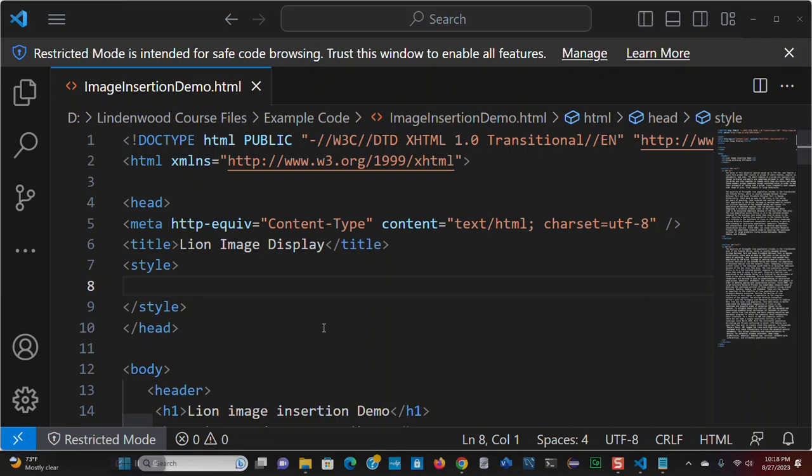I would like to do a brief video about styling of images and text in the same paragraph. When we look at images in relation to the text that they are in a document with, we like to have that text wrap around the image. This is known as float. I'm going to show you how to float the text and the image together so that the image is embedded